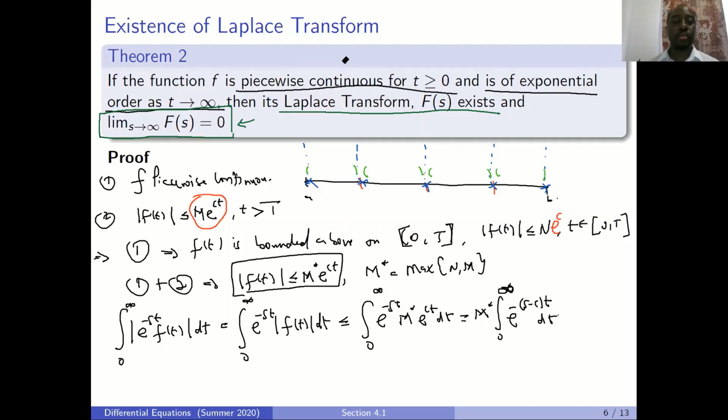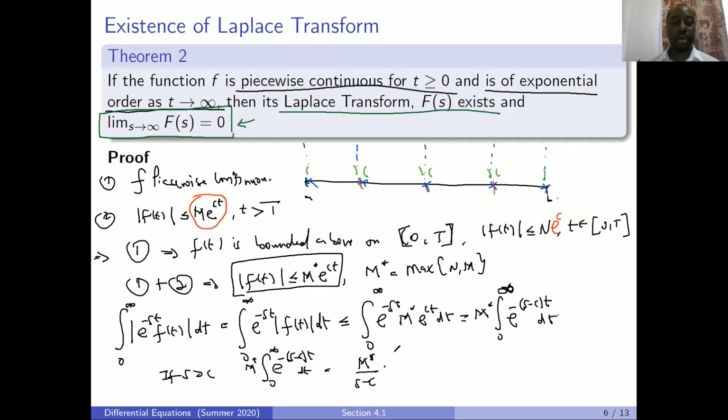So if s is greater than c, then the integral from 0 to infinity of m star e to the minus (s minus c) t will be m star over s minus c,